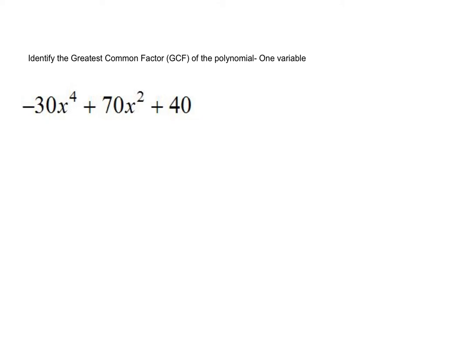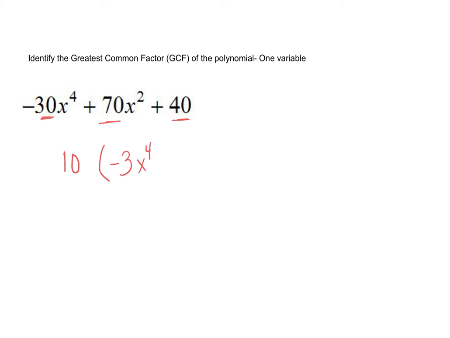So I'm going to look at what is the greatest common factor in terms of my numbers first. So I have 30, 70, and 40. I know that at least 10 is common to all. So if I were to take out a 10, I want to see what's left. When I say take out, when we factor out, we're basically dividing. So 30 divided by 10 gives me a negative 3